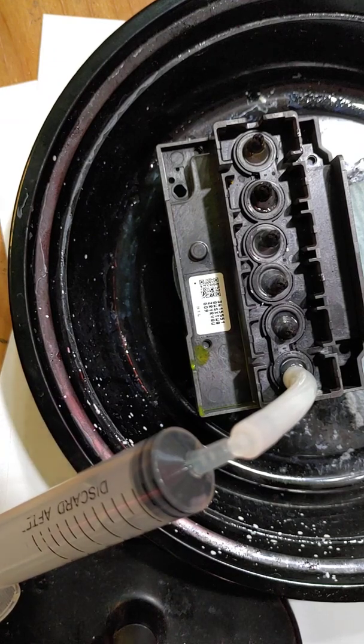This is just my preference. You need to do what you feel is right for your printer, but I can just tell you what has worked for me. So for the stronger cleaner, I do basically a 1 to 4 ratio. And then for an everyday cleaner, I do what the directions say, 1 to 8. And then for whenever I'm just wanting to flush my printer,